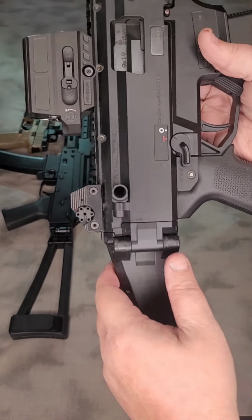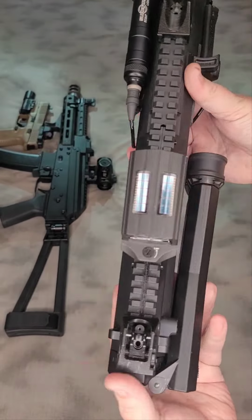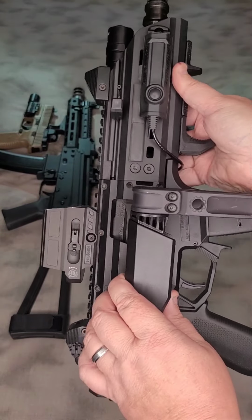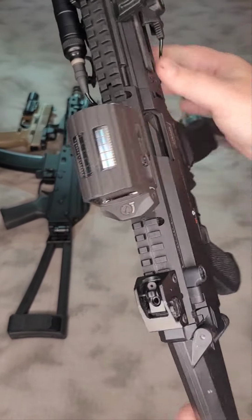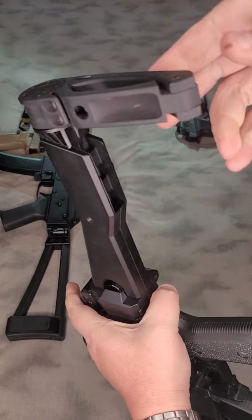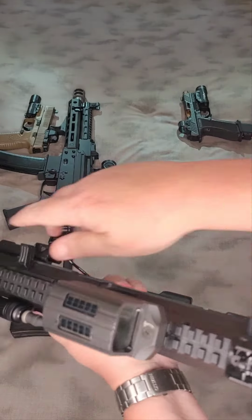Coming on down here, we want to make sure we're nice and compact because concealment in a zombie apocalypse is half the battle, mainly because the humans in that scenario are probably a bigger problem than the zombies, especially if they're those slow moving Walking Dead style ones. If you got rage zombies, you may as well just go ahead and use this sucker on yourself because it's going to be over with. The tail hook brace on this is really nice because it actually is pretty easy to utilize, giving you a nice compact system here. But the best part, in my opinion, on this,